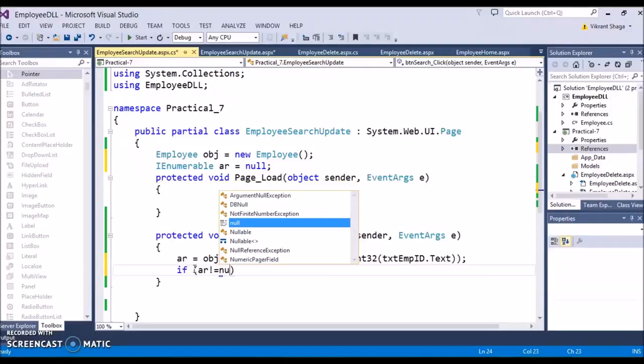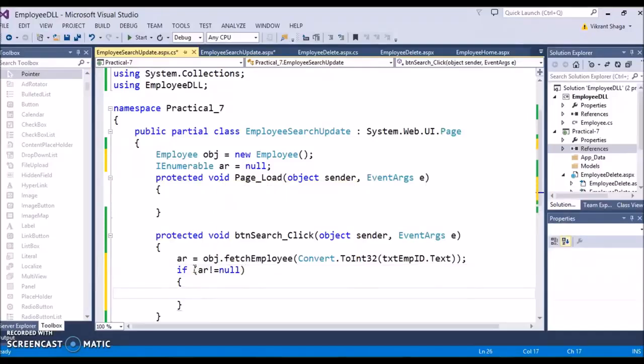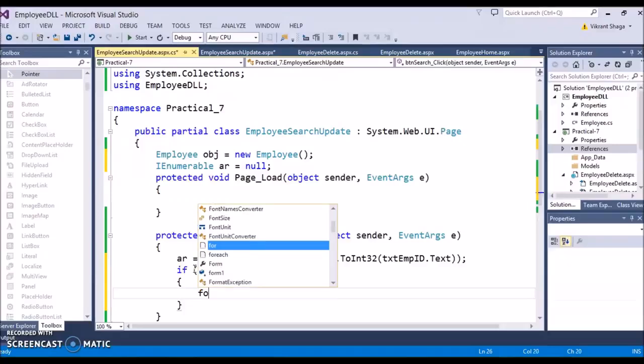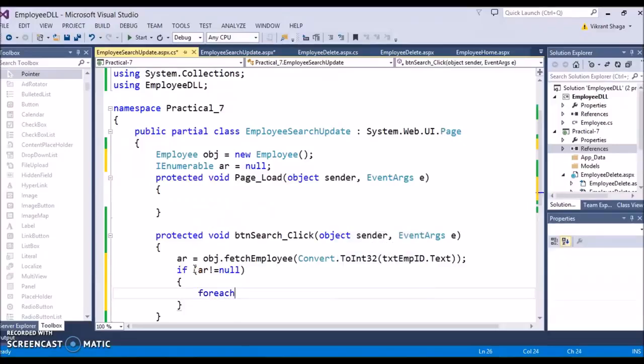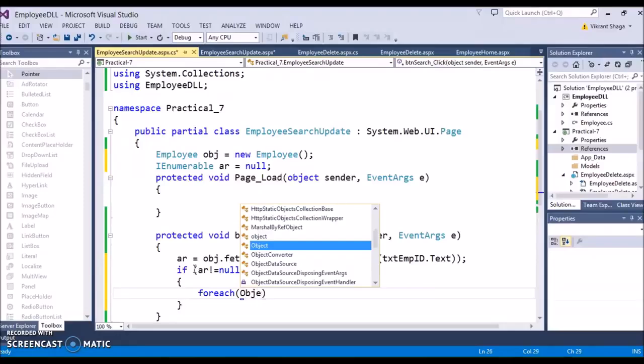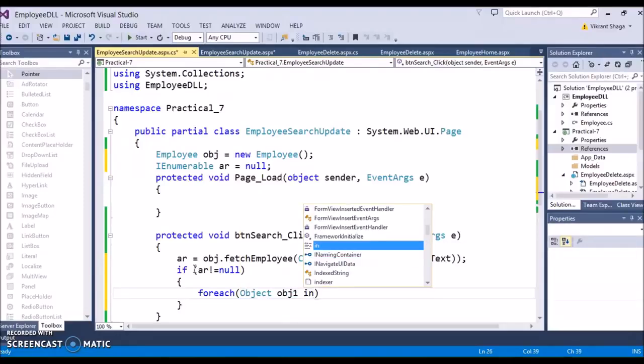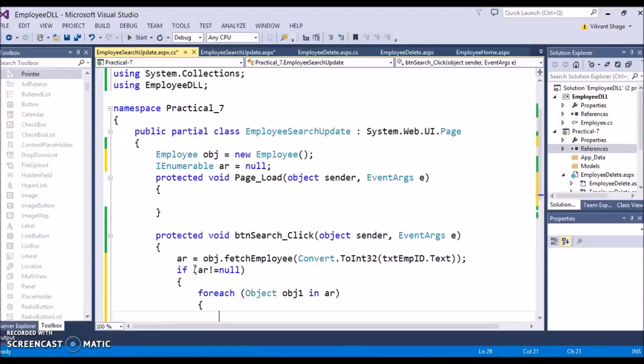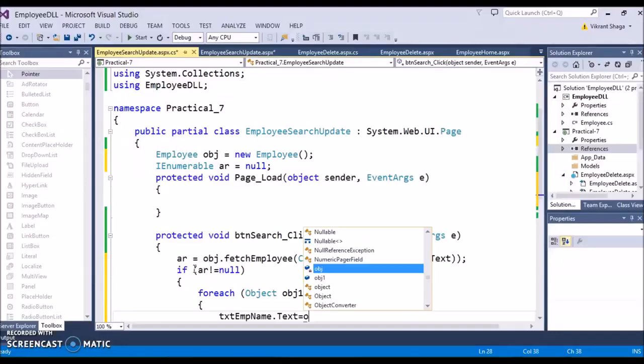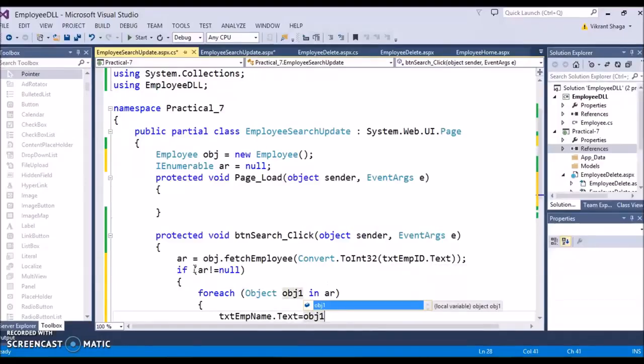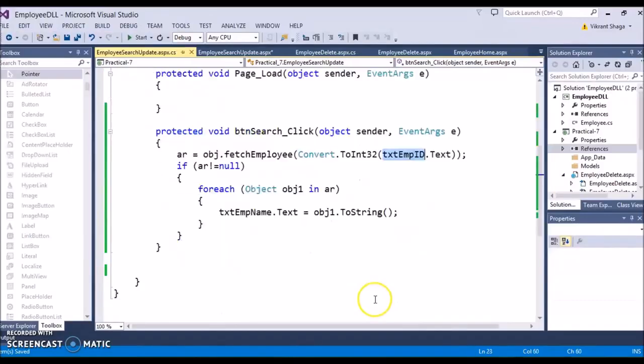Now let's check if AR is not equals to null, then you need to just fetch that record from AR into the second text box equals to obj1.ToString. So whatever the name of that particular employee is will be fetched into that text box,